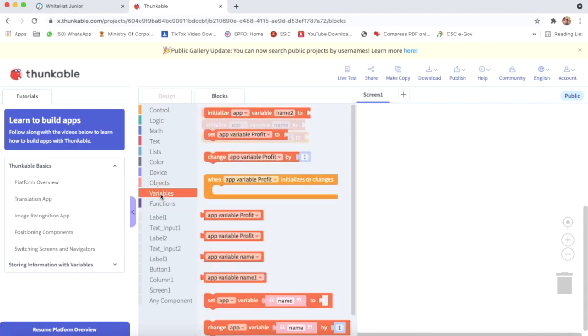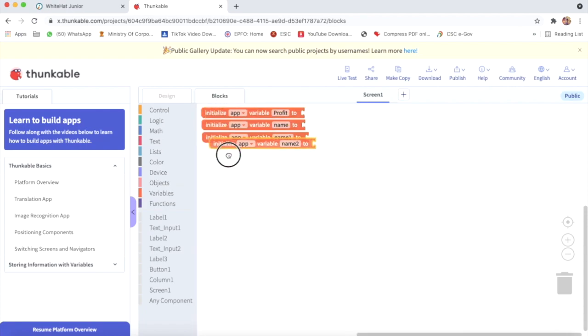Again I will take one more time. Now I will name this second one as cost price. And here I will name selling price. And here I will name profit percentage.